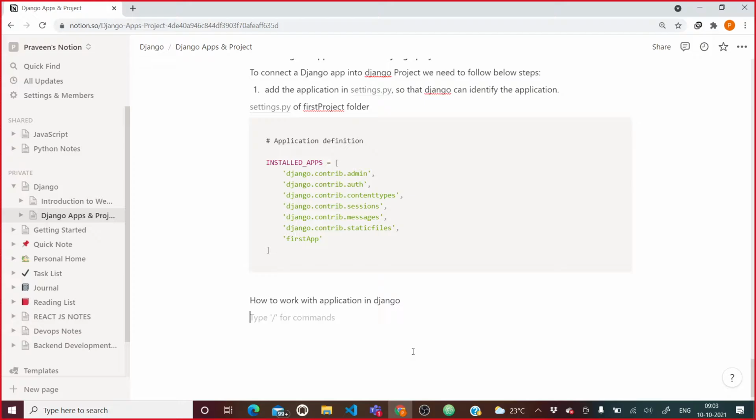Yes. So how to work with the like application in Django? Actually, Ove and Snehal is not there, right? So Ove was texting regarding videos and all. So I need to upload video for him also.